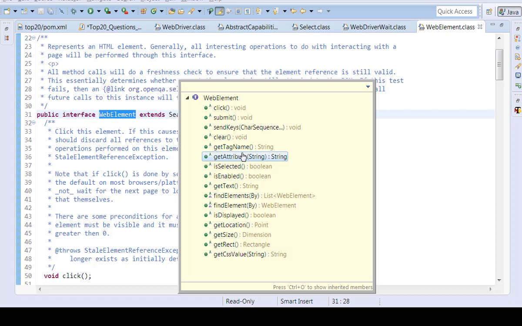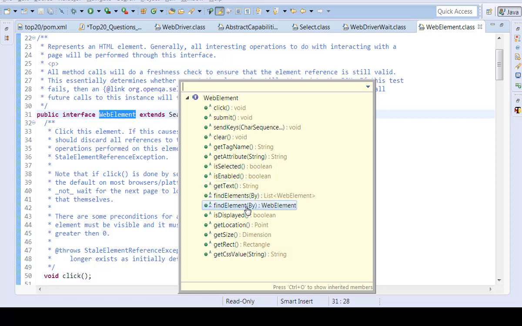Suppose e.getAttribute of ID, we get the ID value as a response. We can check if the option is selected, if the button is enabled, or get the text of a text box or any web element.